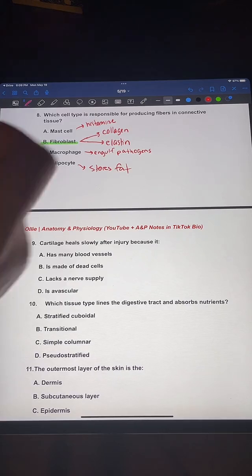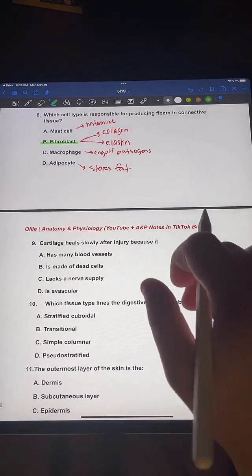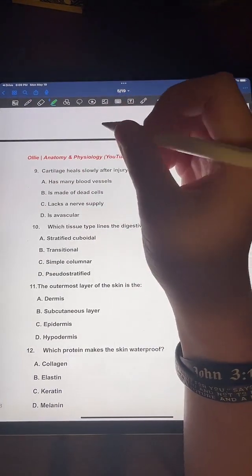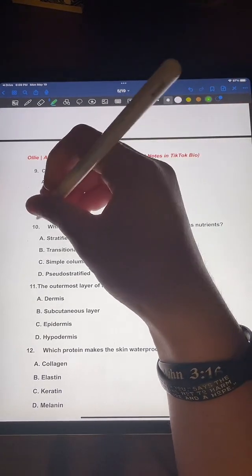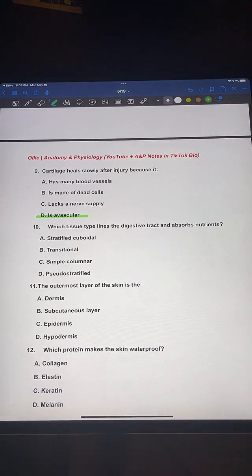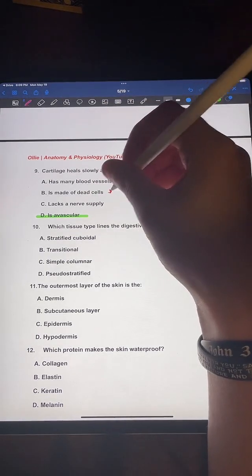Number 9, cartilage heals slowly after an injury because it lacks blood vessels, so it's avascular. So no blood supply, meaning it's going to have slow healing. Having many blood vessels, that is false. Again, it is avascular. B, it is made of dead cells. That is not true because there are